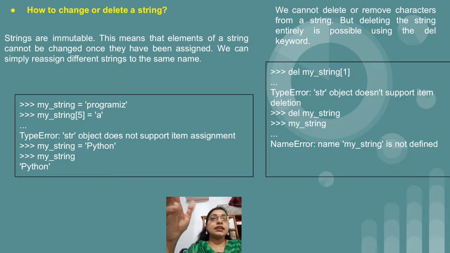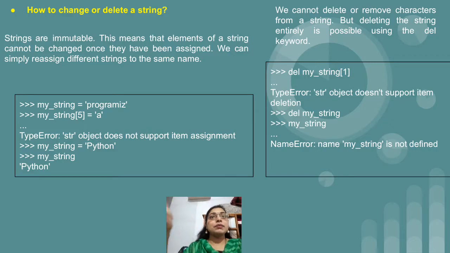I have again taken the same string, my string equal to "program is". Then I have tried to display a specific character, like I want to display A, or I want to change the value of index number 5 to A. So for the same purpose, what I have written, my string into square bracket 5. So 5 is nothing but the index number. So from the numbering, if you notice, P is on 0. So 0, 1, 2, 3, 4, 5. So we are having A.